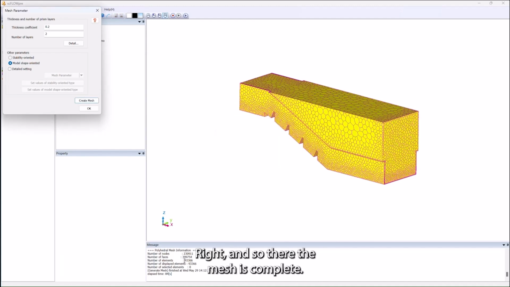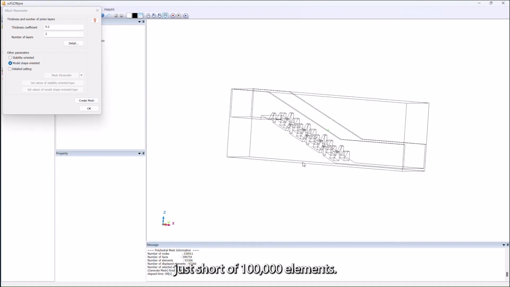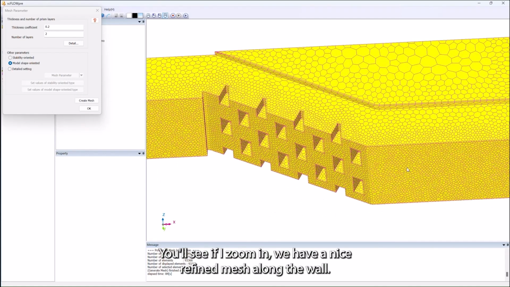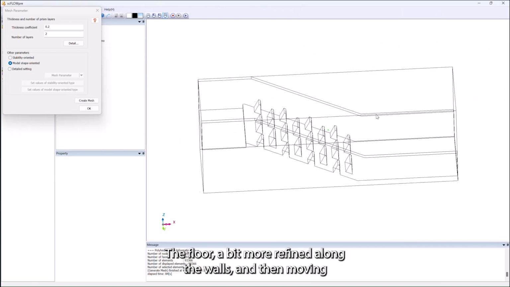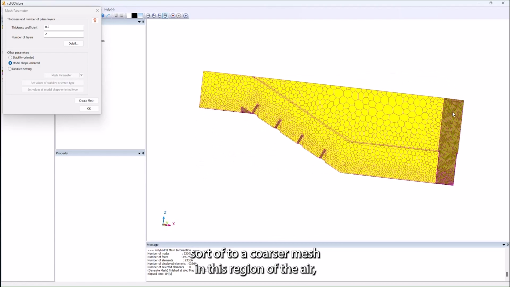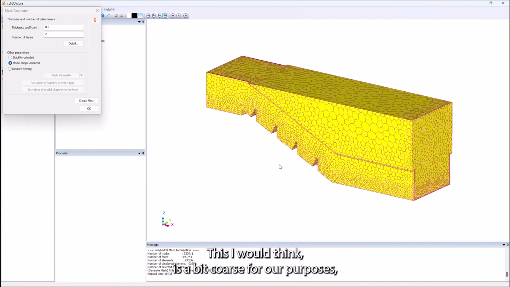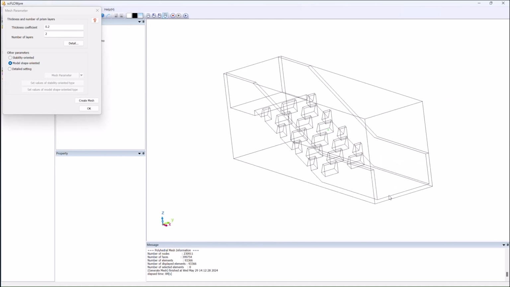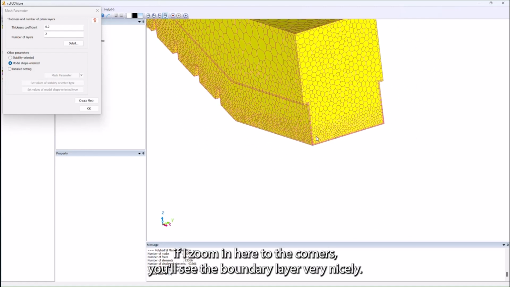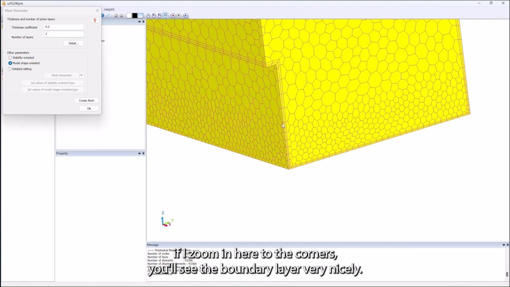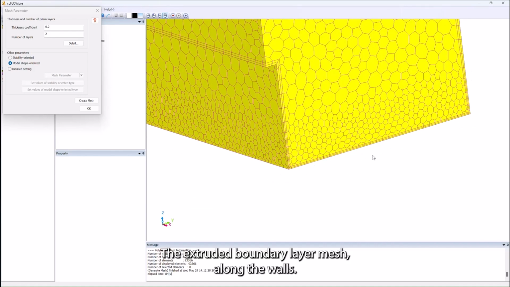All right, and so there the mesh is complete, and what you will see is that it's basically created just short of 100,000 elements. You'll see if I zoom in, we have a nice refined mesh along the wall, the floor, a bit more refined along the walls, and then moving sort of to a coarser mesh in this region of the air where we're not too worried about the solving accuracy. This, I would think, is a bit coarse for our purposes, but for the sake of a demo, just to make it run faster, we would be happy with that. Also, if I zoom in here to the corners, you'll see the boundary layer very nicely, the extruded boundary layer